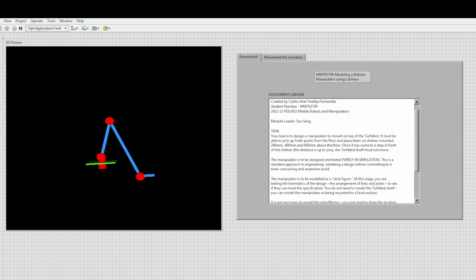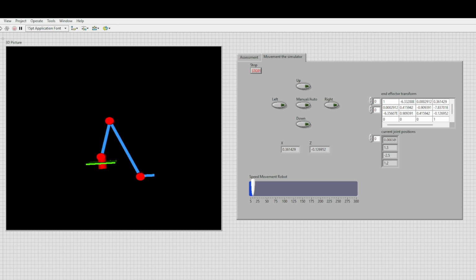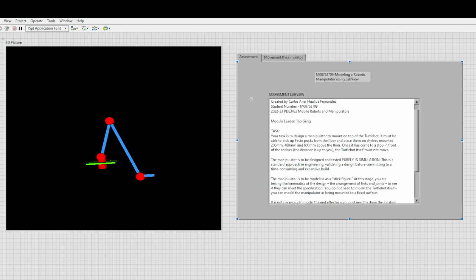It consists of various controls and indicators that can be customized to suit the specific needs of the program. On the left hand side, there is a black square which represents a 3D model of the robot. On the right hand side, there is a tab control where we can view my student information and the tasks